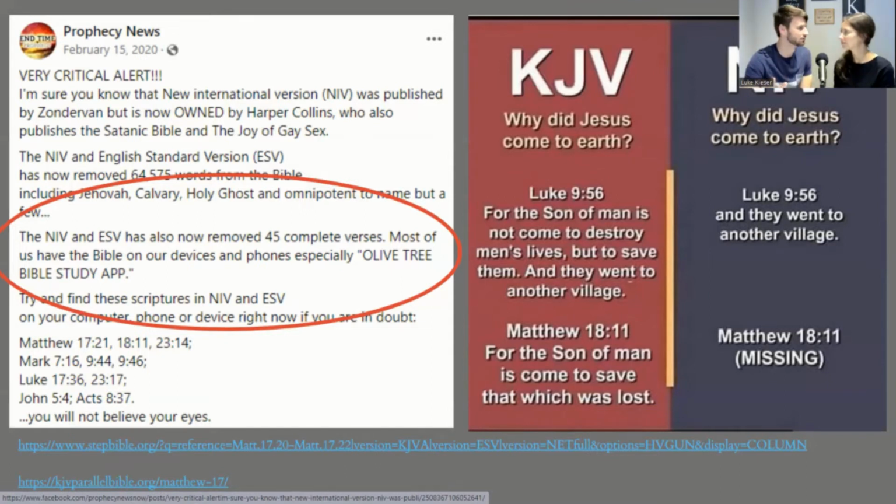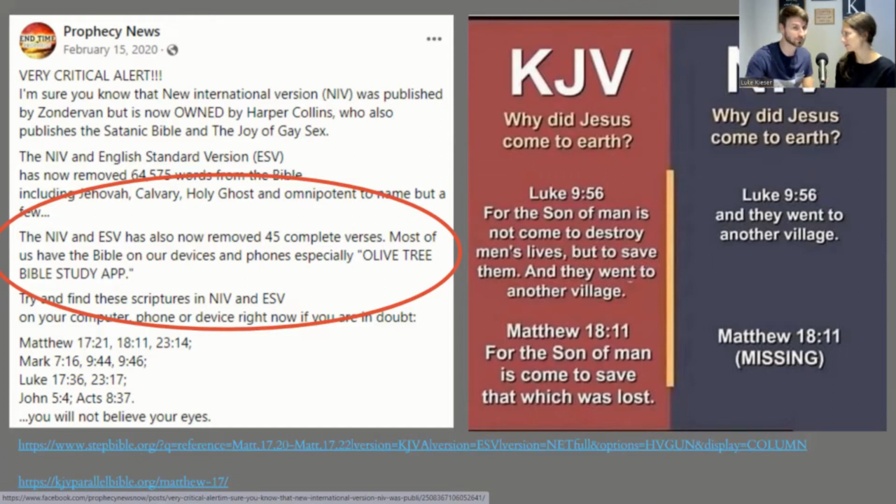What is this assuming? What kind of intentions is it assuming that the modern translators have? It seems like they're putting evil thoughts into the translators' minds, saying they have bad intentions and are trying to sway the reader by taking out certain verses and putting in other ones that get their message across more. Which is not true. You can go and read the preface of the ESV, the NIV, the NASB, whatever. That's not what they're trying to do. These are Christians on committees trying to bring us to salvation in Christ through their translation.